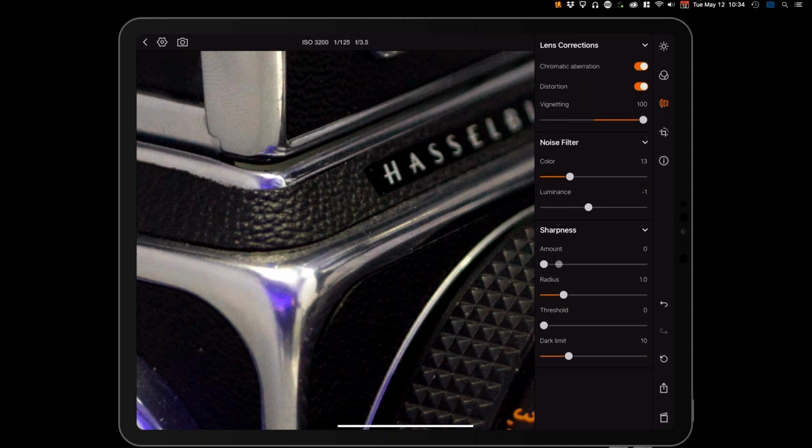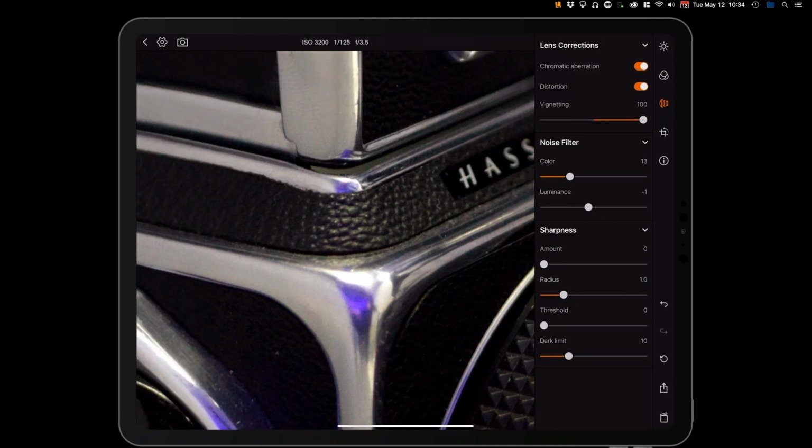And then sharpness down here, a very traditional sharpness setup where you can go in and dial in the sharpness amount, radius, and threshold. Now, we bring the images in with no sharpness because it is one of those very subjective choices where it's up to the viewer to apply the amount of sharpness, and you don't ever want to make a decision for the user. So in this case, we can just go in and dial in a little bit of sharpness and then increase the threshold and even things out there.